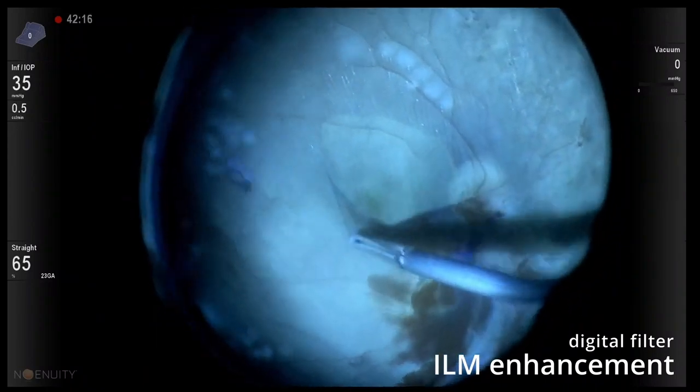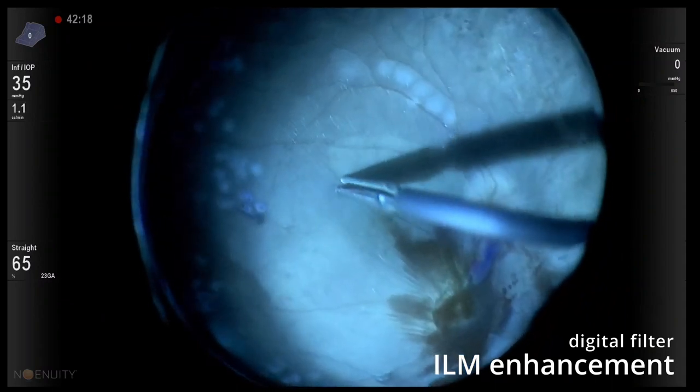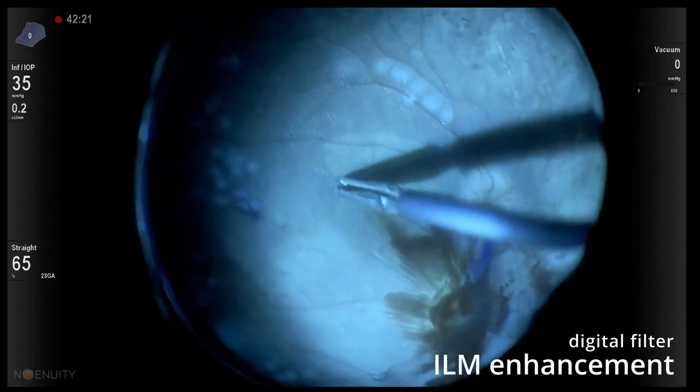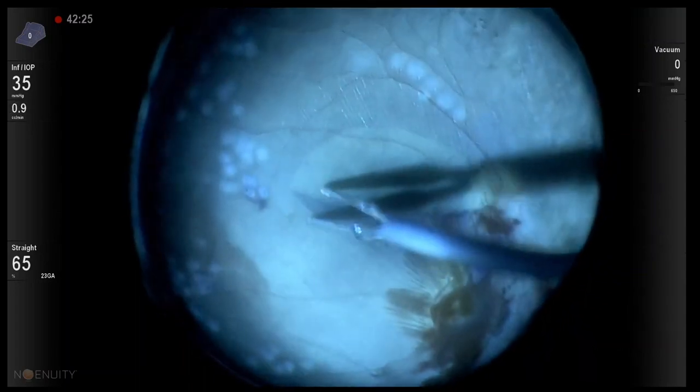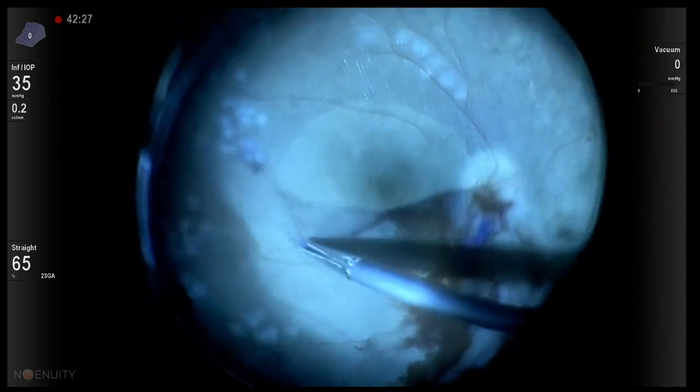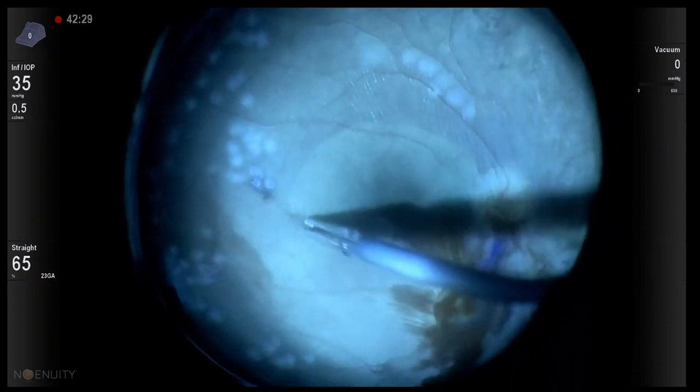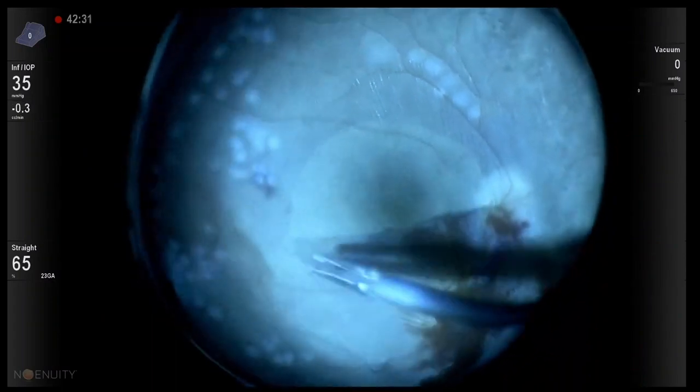I'm using a pinch and peel technique, and you can see how the stained ILM is removed in order to relax the retracted macula,